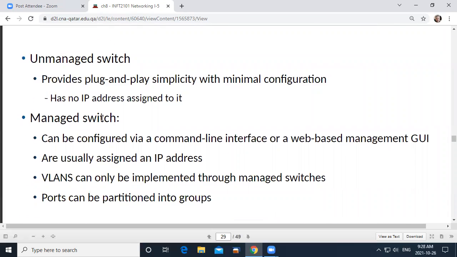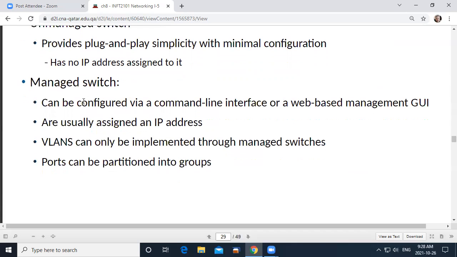All right, so the next couple of slides are about how we use switches and routers for that. We can just use an unmanaged switch. The problem with that is that the control is not there, and we might find that it's not going to work the way we wanted it to. And as it says, there's no IP address assigned. With a managed switch, you're going to assign an IP address to the switch, and then you're going to have some control over that switch, not just by applying an IP address, but by the software that you have installed on there.